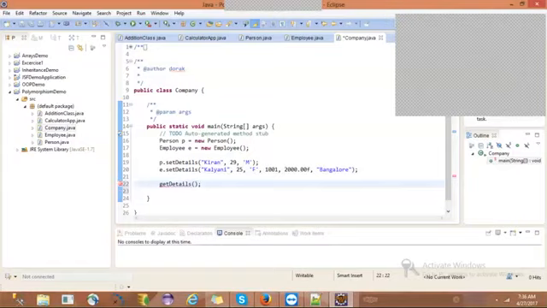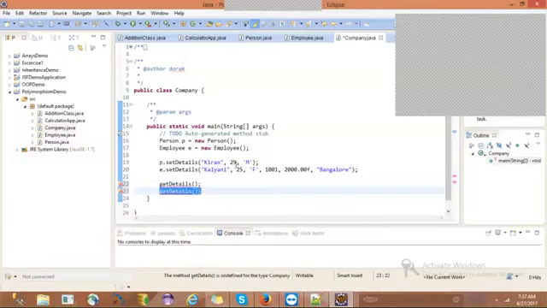Now tell me from which class or which copy of the get details method it's going to be executed. Can you tell? Employee class? How can you assure that it is from employee class? Here or here? To ensure that it is going to be executed from employee class, we need to write what in our code?